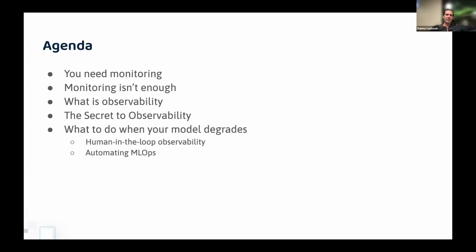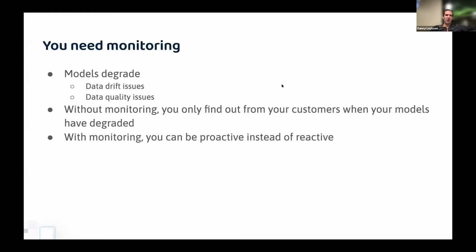But before we talk about that fun, exciting auto MLOps stuff, let's cover the groundwork with the fact that people need to have monitoring. You need to have monitoring for your machine learning models. The high level overview of this is that models and machine learning systems degrade over time, right? There can be data drift issues, concept drift, covariate shift. There's all of these changes that happen in the real world that cause models to become stale, right?